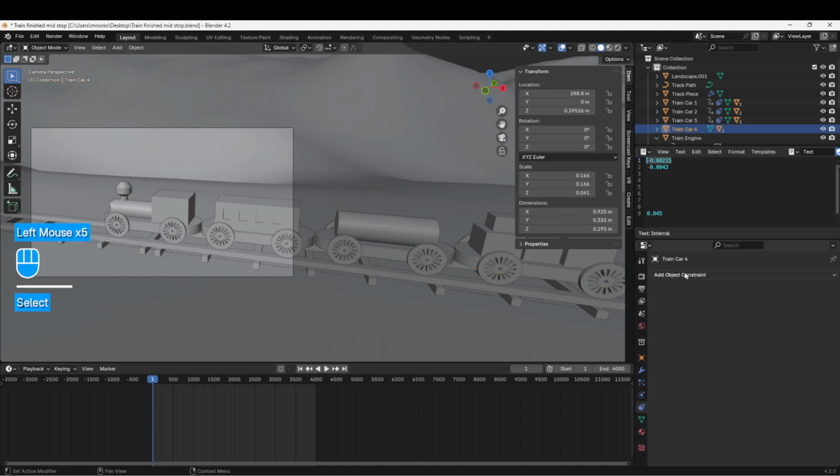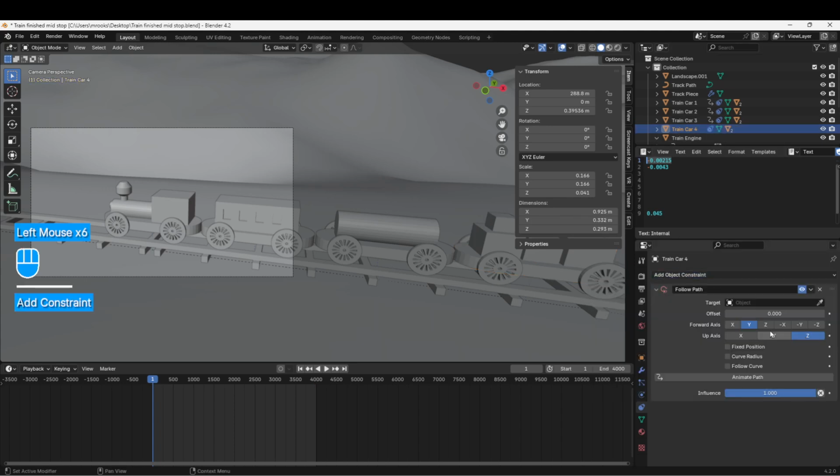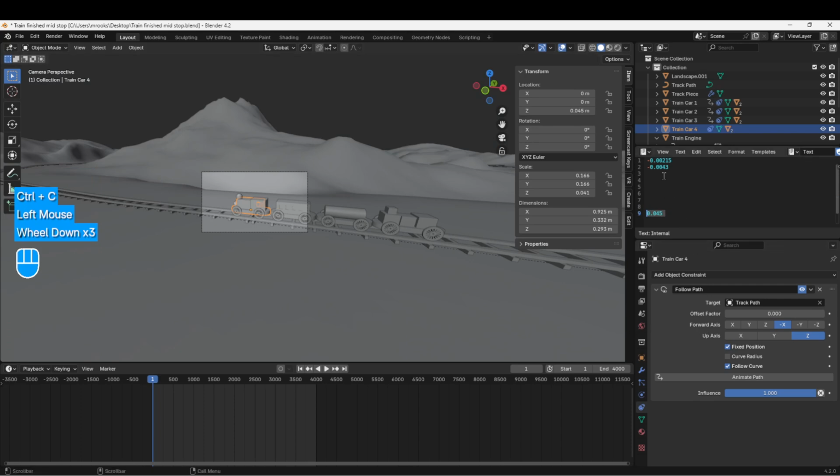And this is my last train car. So go to add constraint, follow path, pick our object, set our X or forward axis, fixed position, follow curve, change X and Y to 0, move it up on the Z axis to be lined up with the others. I'm going to now copy this number, paste it, this time times 4, and it will put it at the back of the others. On frame 1, insert a keyframe, go to my end frame, put a 1 in front so that will subtract that number, hit I to insert a keyframe,